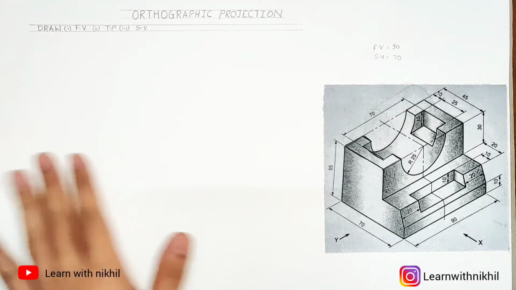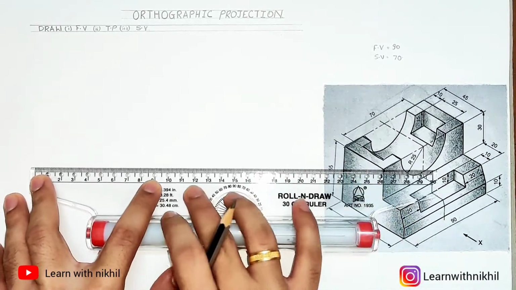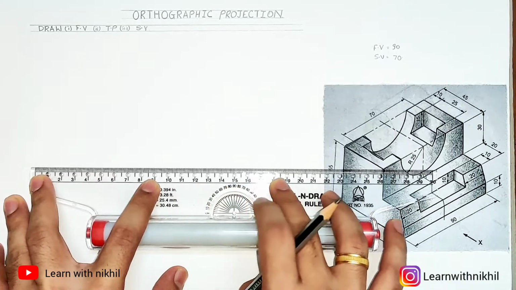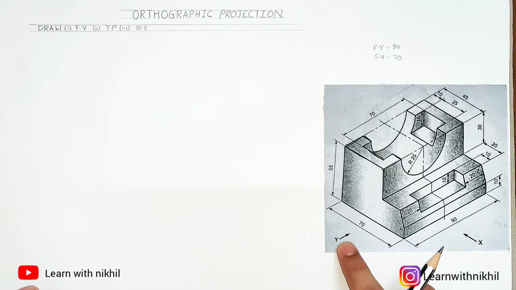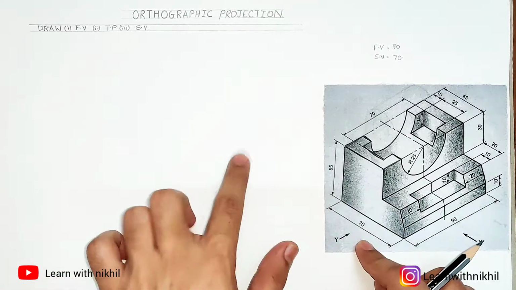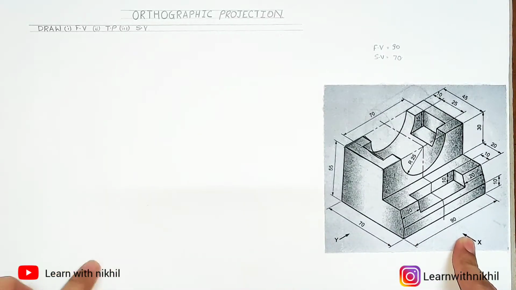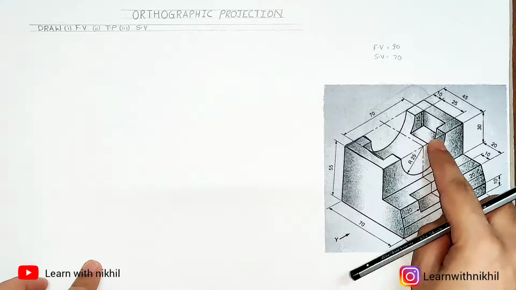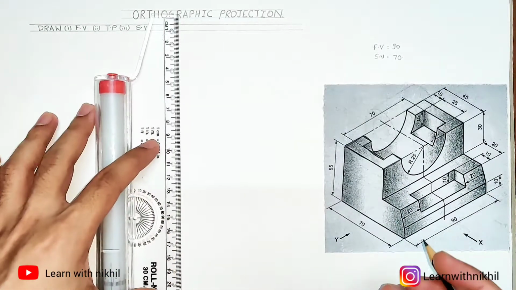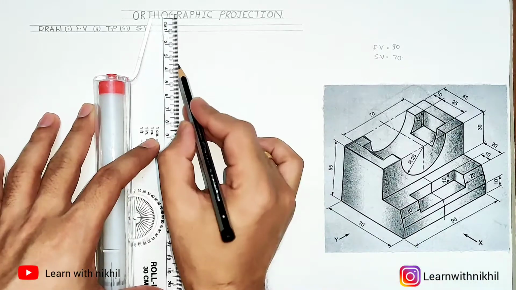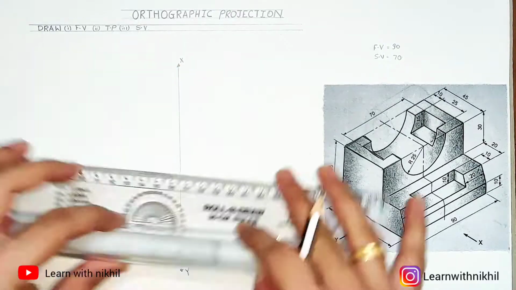So now as we know the dimensions for the front view and the side view, we can draw the axis. Space is required for front view and this much space is required for the side view. Now as the arrow Y is on the left hand side, its view will be on this side, right side. Front view will be on this side and top view will be here. Now drawing the axis, XY axis and X dash Y dash axis.